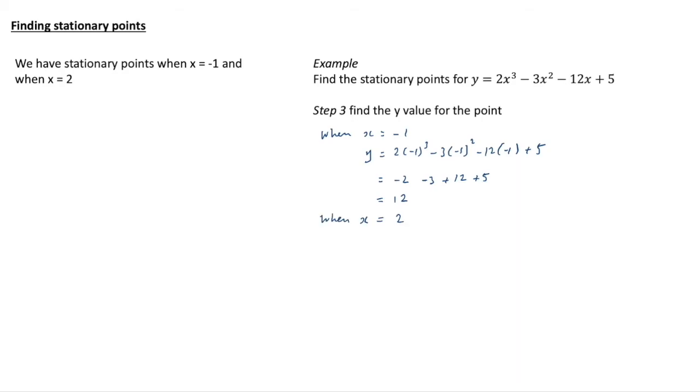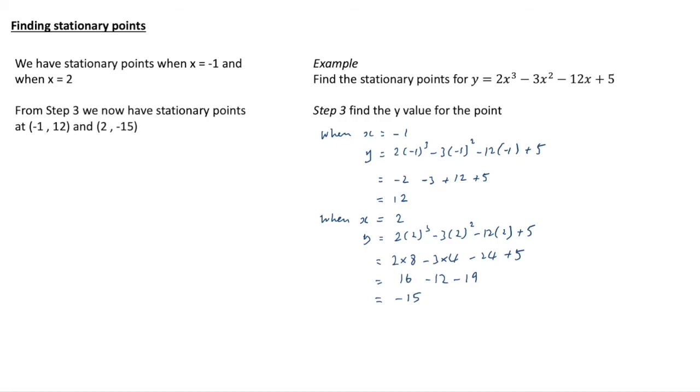When x is 2, we do the same process. We put it into the function, work out what each bit is, tidy up, and we end up with y equal to minus 15. So that means from that step we now know that we have stationary points at (-1, 12) and (2, -15). We can have a look at that